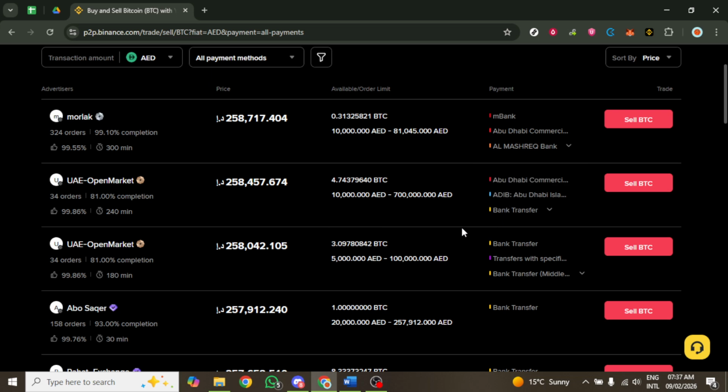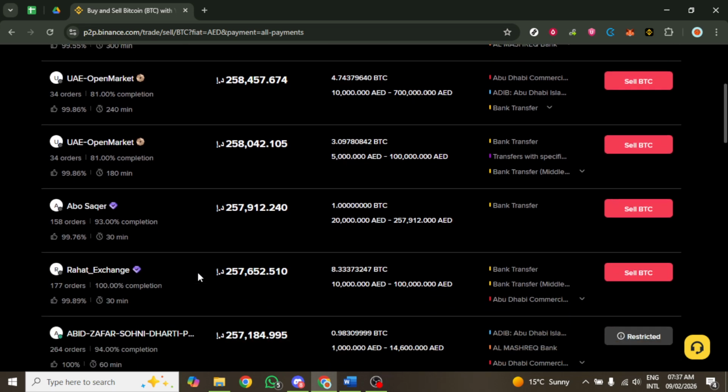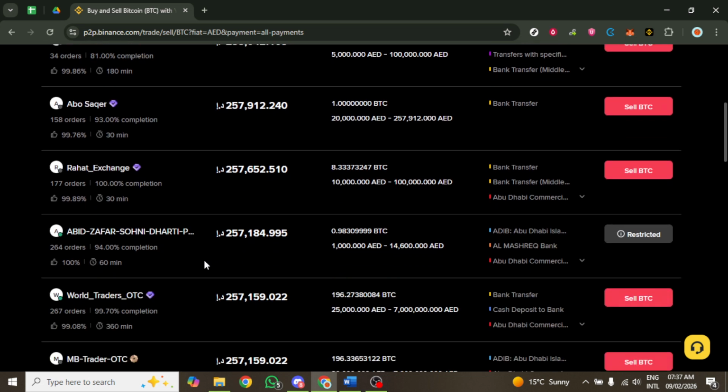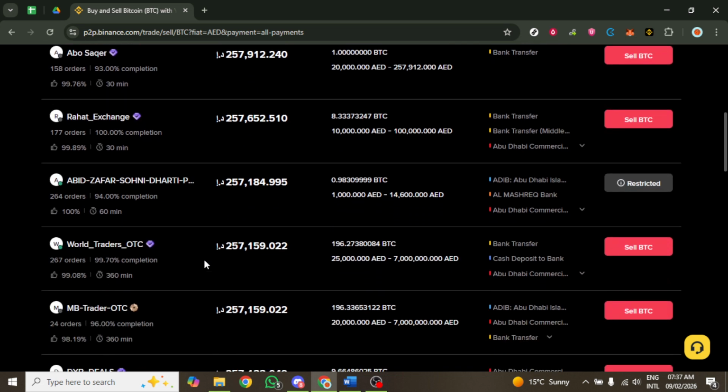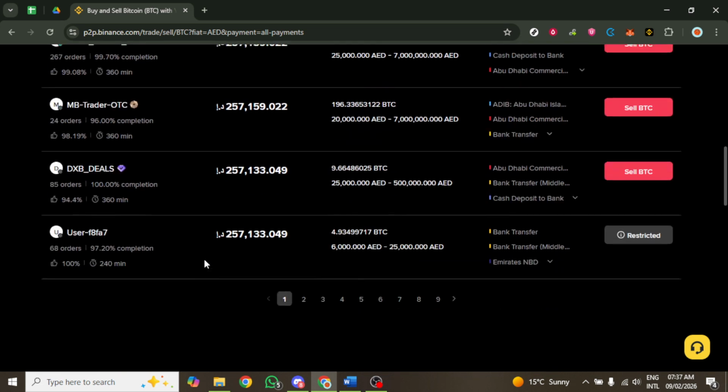Next, you have the option to either select an existing buyer or create your own sell advertisement. If you choose a buyer, click on their listing and fill in the amount of cryptocurrency you want to sell along with your desired selling price. If you are creating an advertisement, enter the same details. Ensure that you confirm the payment method that you are comfortable with. Once all details are filled in, you can lock your cryptocurrency in escrow, which protects both you and the buyer